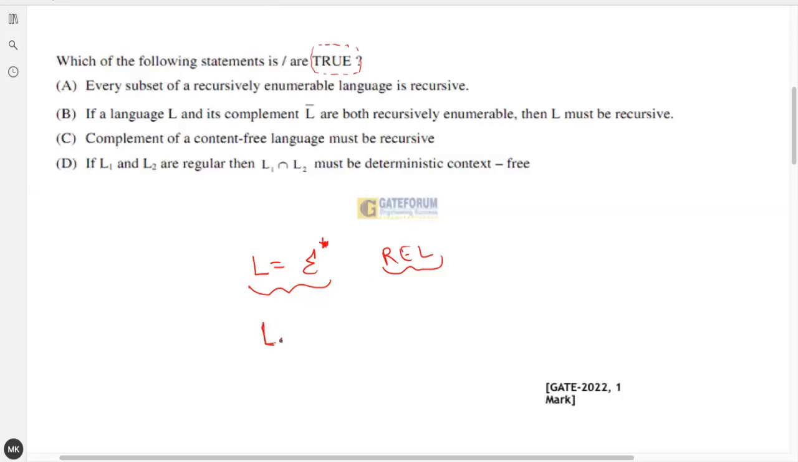So suppose we take any language L1 which is possibly not recursive, and that language will obviously be a subset of this language, because you can see this is the complete language, it is recursively enumerable, but any language which is not recursive will be a subset of this. So that's why this statement is false. Okay. Now the second statement is, if a language L and its complement L complement are both recursively enumerable, then